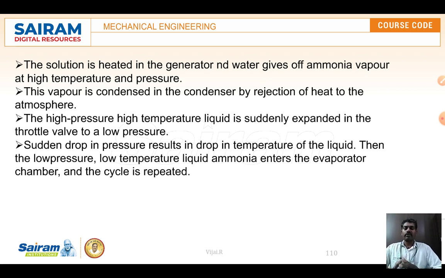we have what we call a generator. A generator is there. So this ammonia solution is heated in the generator through a heating coil, a heater is required. So the ammonia solution is getting heated up. When it is heated in the generator, it produces the ammonia vapor. So that vapor again it sends to the condenser.